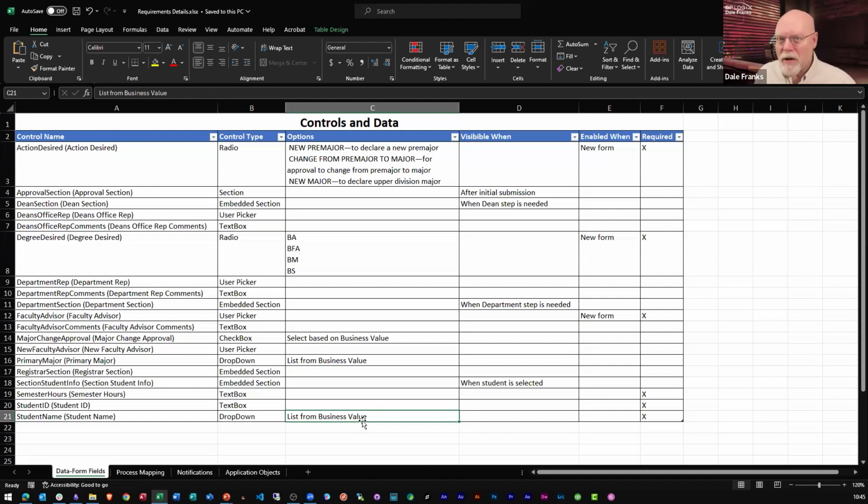So in this particular case, as I'm building my requirements, I learned that students aren't actually Process Director users. Now, I've seen it run both ways at schools. We do have schools that have like 20,000 users because they include all of their students as Process Director users. And we have others that just have the faculty and the staff as Process Director users and students aren't. Now, if my students are Process Director users, well, I know who the student is when they open the form. And I don't need to identify them any further than their authentication takes them. I know who they are.